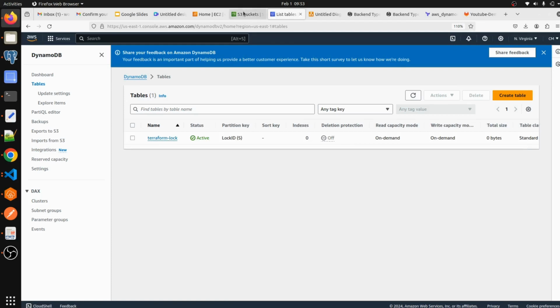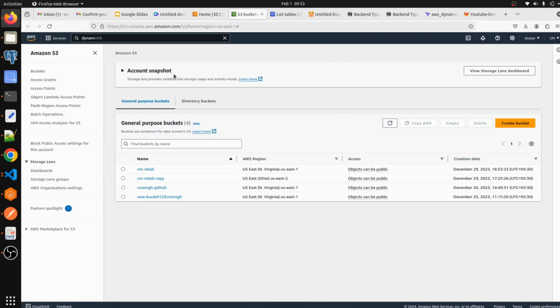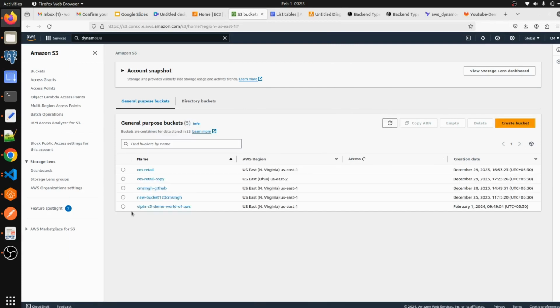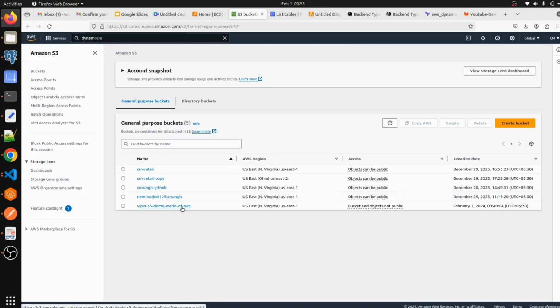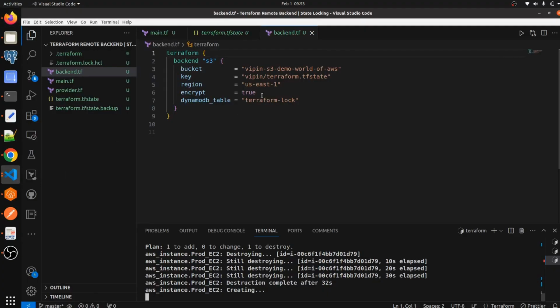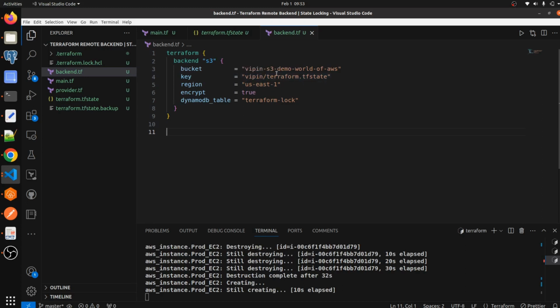script. Okay, and if we go here to the S3 bucket, then we can see the bipin-s3-demo-world-of-aws bucket has been created, and the path of our Terraform state. So key is the path, meaning this is the path where we want to store our Terraform state file.